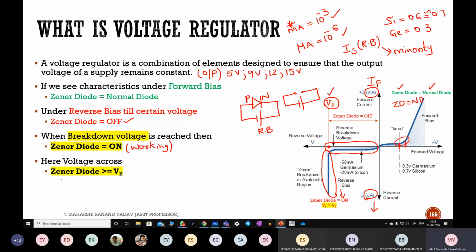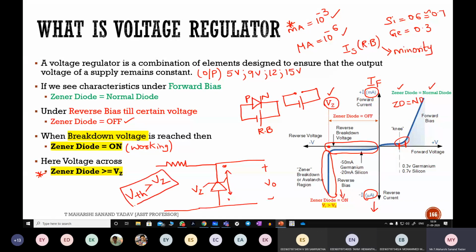Next, here voltage across Zener diode is something which would be greater than or equal to Vz. What does this mean? I think we have seen some circuit like this, right? So I've connected here Zener diode. And here I'm measuring the output, suppose. Plus or minus, here V out I'm measuring. Now what is this condition? The voltage at Zener diode, you consider this as Vz. So the voltage across this Zener diode is something which should be greater than input. I mean, we are considering it as something equal to Thevenin's voltage, which should be greater than or equal to Vz. So we shall do the detailed derivation of this in the next slide.